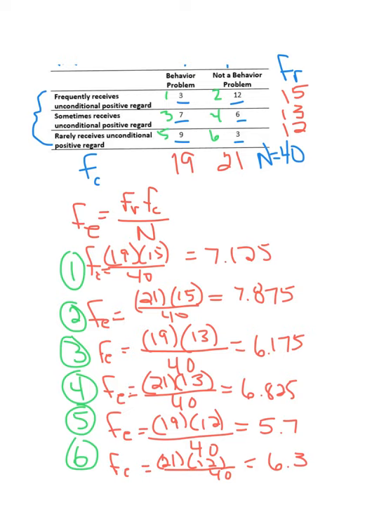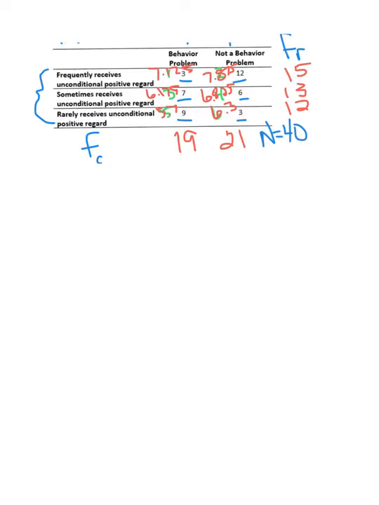Okay, so now we have our expected frequencies for each of our observed frequencies. So now we can actually start calculating the actual chi-square. What I did is I wrote those expected frequencies that correspond with each of those cells, so we can think of our entire chi-square, f of O minus f of E,